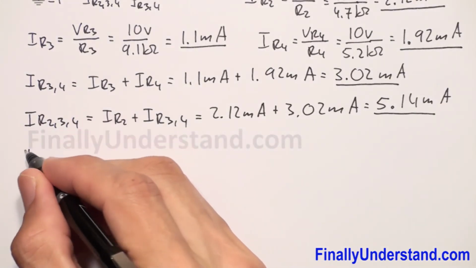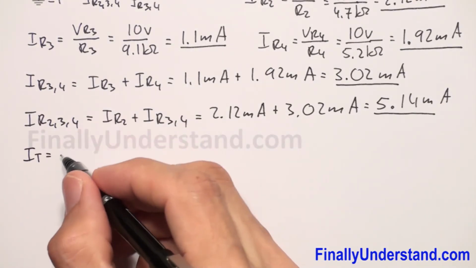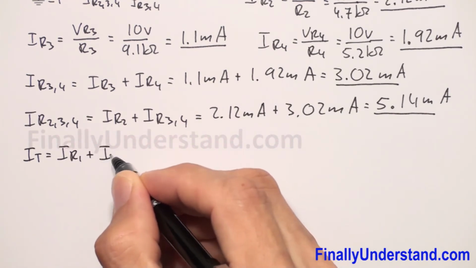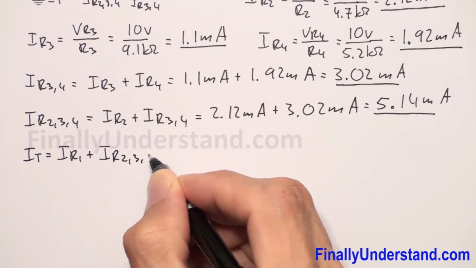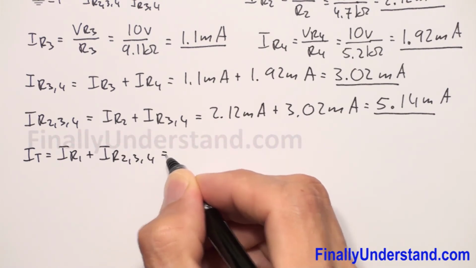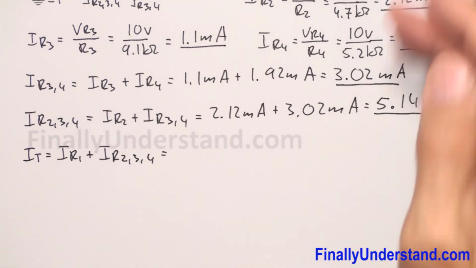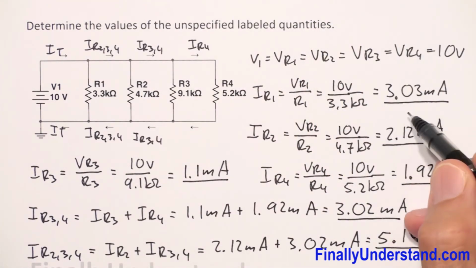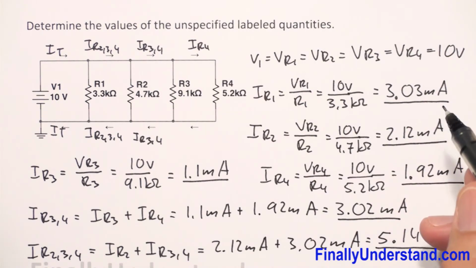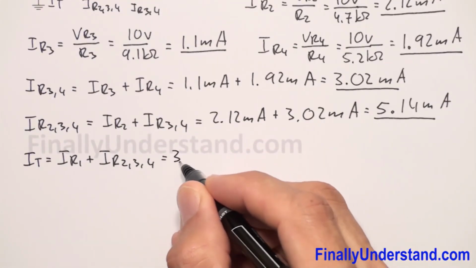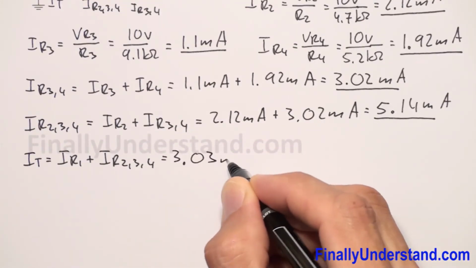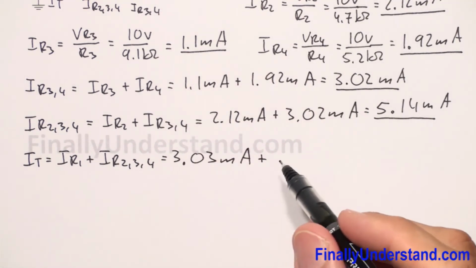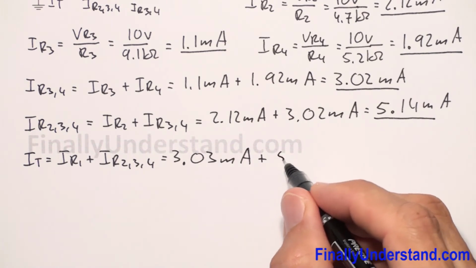So I total is equal to IR1 plus IR2 3 4. IR1, we found, is equal to 3.03 milliamps, plus IR2 3 4, which is equal to